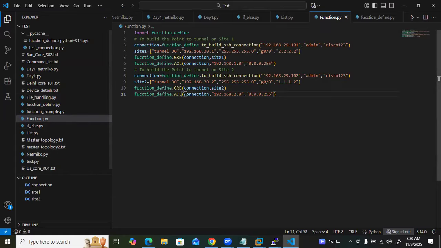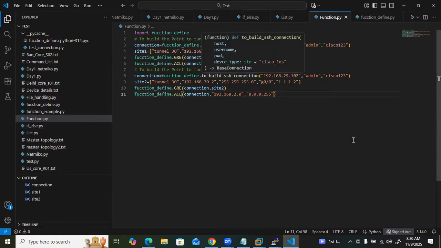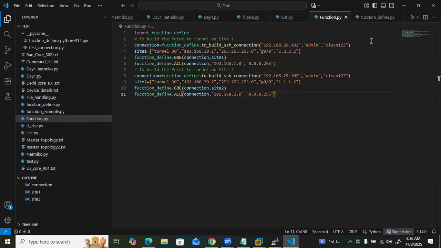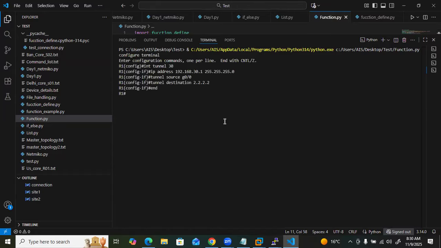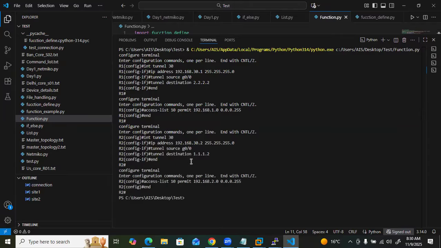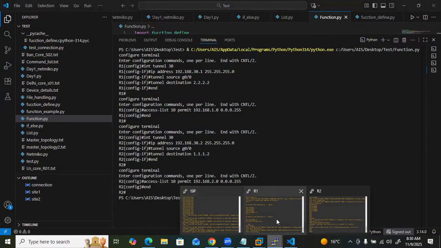I believe we are using devices 101, 102. Done. So if you check the device, you should get the